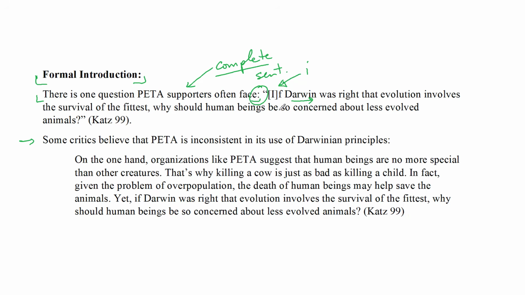So we have our complete sentence, then we have our citation, and we have a period. Notice that in the second example, we often use formal introductions with a block quotation. A block quote is a passage of 4 or more lines of text, and a block quote is fairly long, and if you're going to use a longer quotation, then it better be important, right? You don't want to waste the reader's time by quoting long stretches of text without it having anything to do